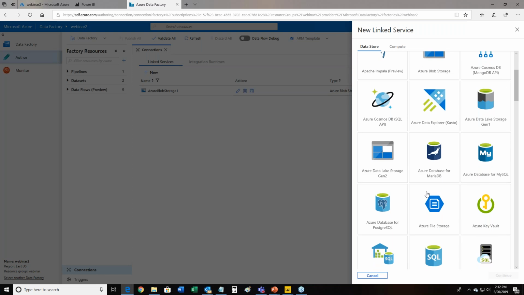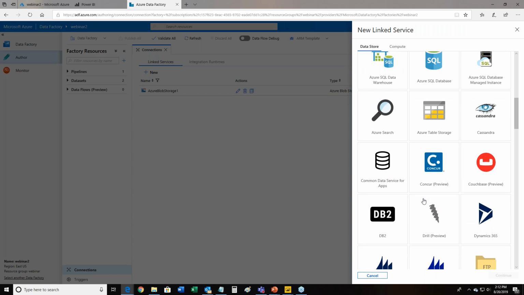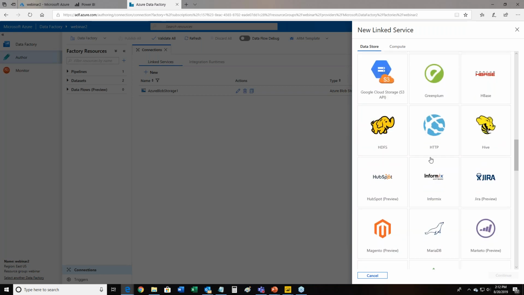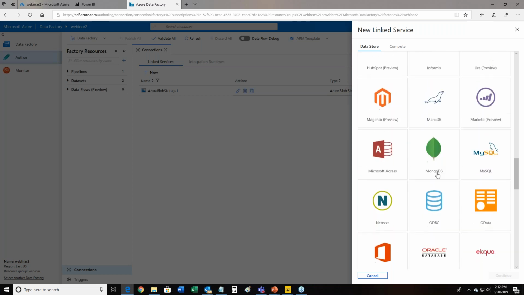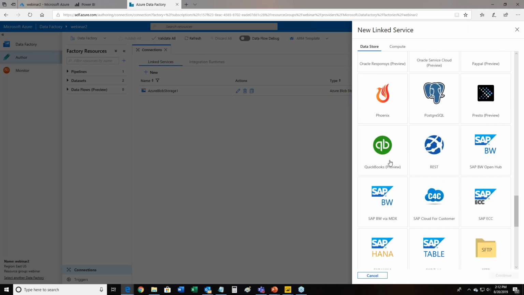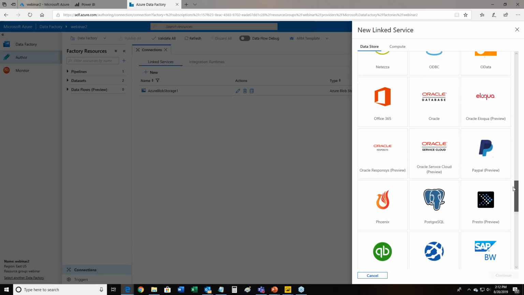It can pull data in from all kinds of different sources, many different kinds of data stores, as well as through REST APIs. And this list goes on, and for people who are looking at this, you probably recognize a lot of these. Oh, here's Jira, here's Hive, Google data stores are in here as well, QuickBooks, ServiceNow, Salesforce, and the list goes on.